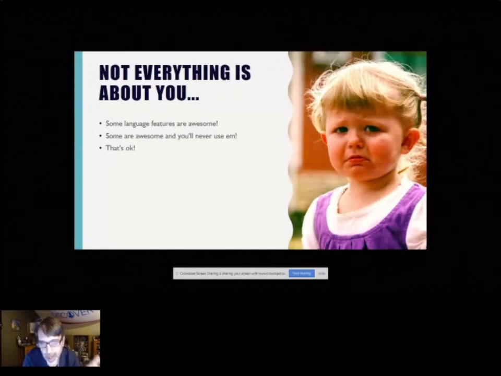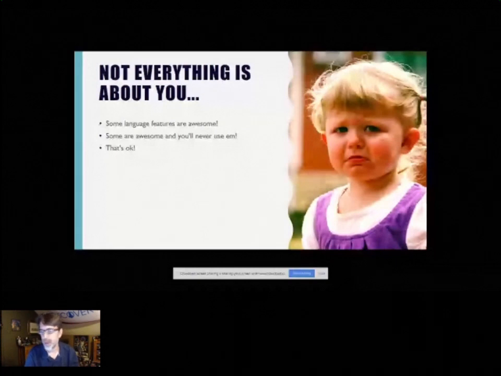And it occurred to me later that, you know what, I'm actually not the audience for this particular feature. This thing was actually built to help people building libraries or building frameworks. It's more of a low-level thing that will be very helpful to people who build tools that are useful to more people. So don't think that every single thing you see you should be immediately using in your code. Definitely that does not make sense.